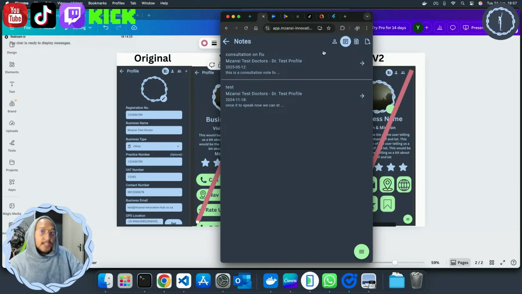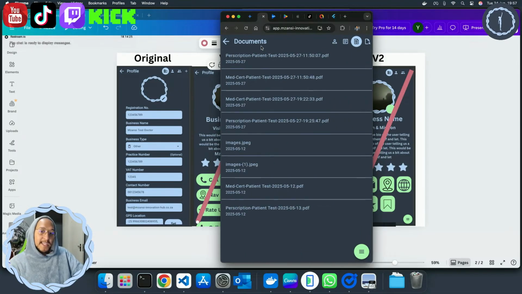On top of seeing doctor's notes, the next thing that you can do is see documentations, right? But not only see documentations, but also